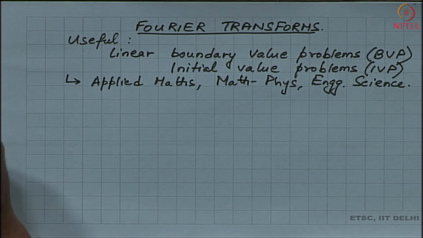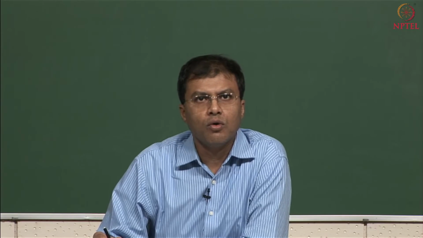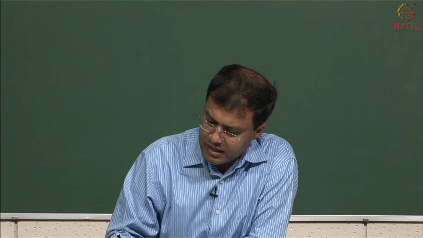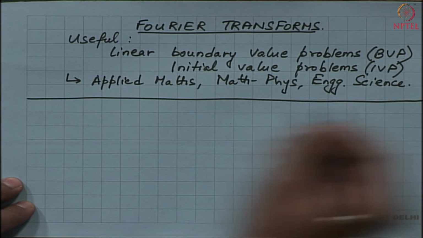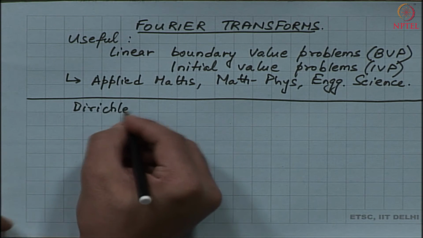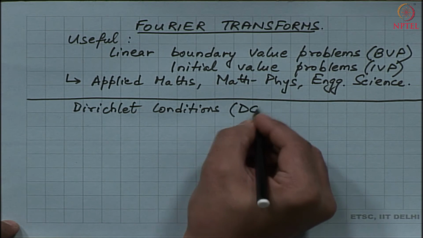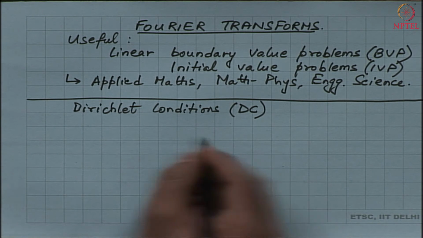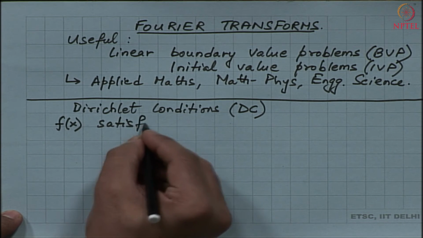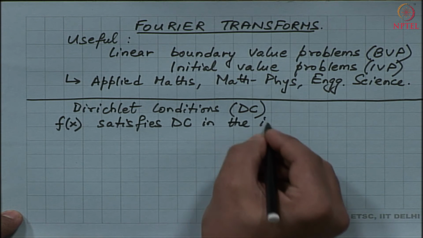So, let me just start with the basic definition of Fourier transform. To start with the definition, I have to introduce one more notion, that is the notion of Dirichlet condition. So, what do I mean by Dirichlet condition? Let me just again denote it by the shorthand notation DC. So, if I have a function f and f satisfies our Dirichlet condition in the interval